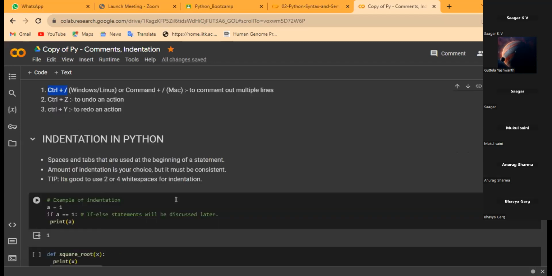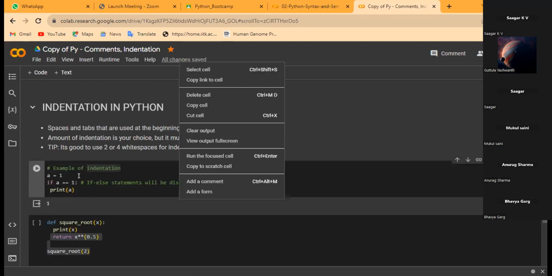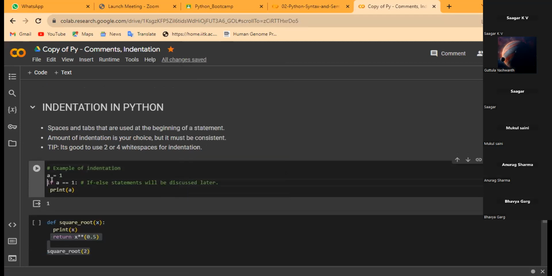Now the second part, indentation. Indentation is very important when we use conditional statements like if, if else, and others. It is like in C or other languages where we use brackets to